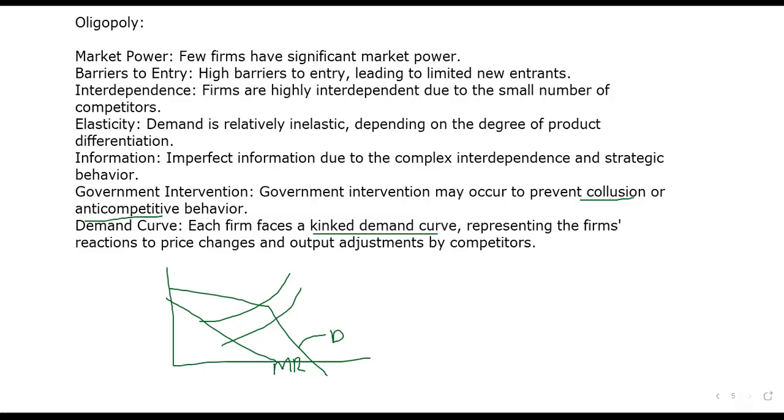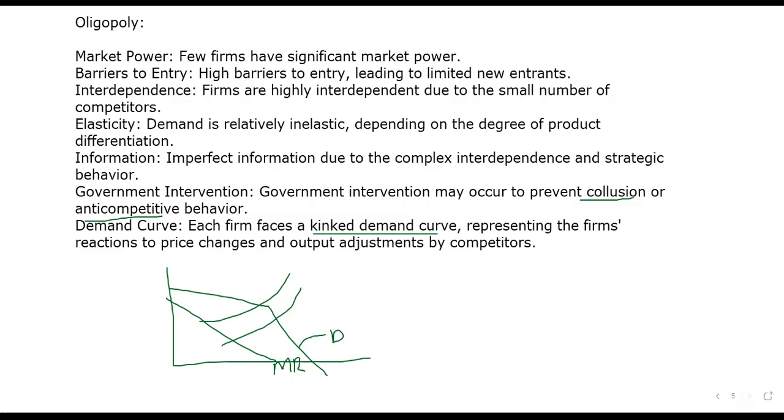So even in the face of changes in costs, these ones will be rigid with the price. There's also uncertainty of output. Due to the existence of this kink, firms will also experience some uncertainty in determining the optimal level of output. As a result, we discover that the firms will most likely maintain their current levels of production rather than making significant changes. At the kink, there's what we call non-price competition. With price stabilization amongst the competitors, the firms in the oligopoly will be compelled to engage in non-price competition.